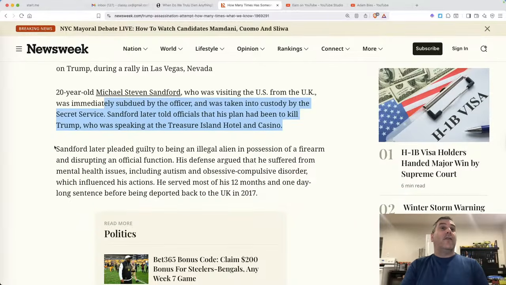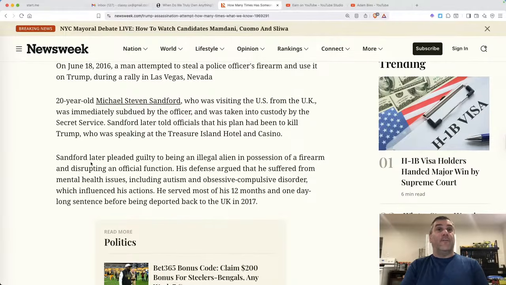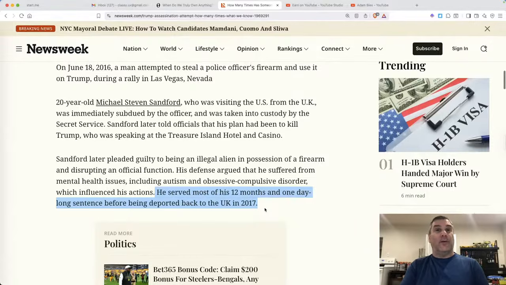and Casino. Sanford later pleaded guilty to being an illegal alien in possession of a firearm and disrupting an official function. His defense argued that he suffered from mental health issues, including autism and obsessive compulsive disorder, which influenced his actions. He served most of his 12 months and 1 day long sentence before being deported back to the UK